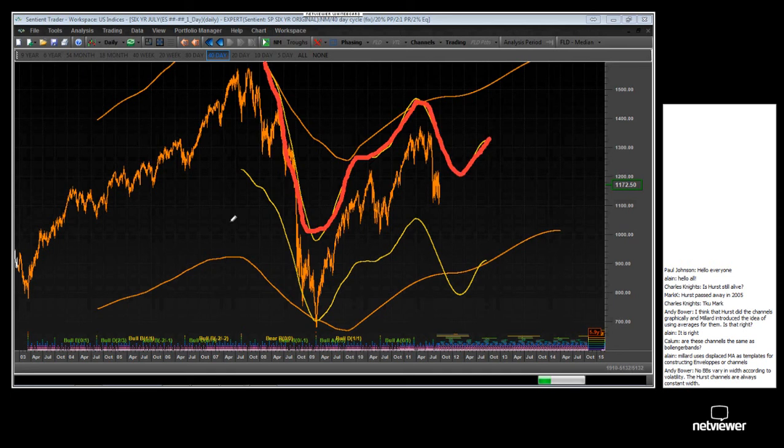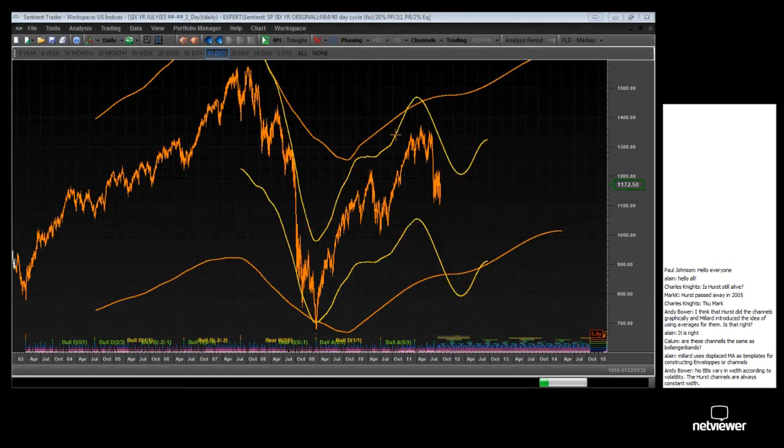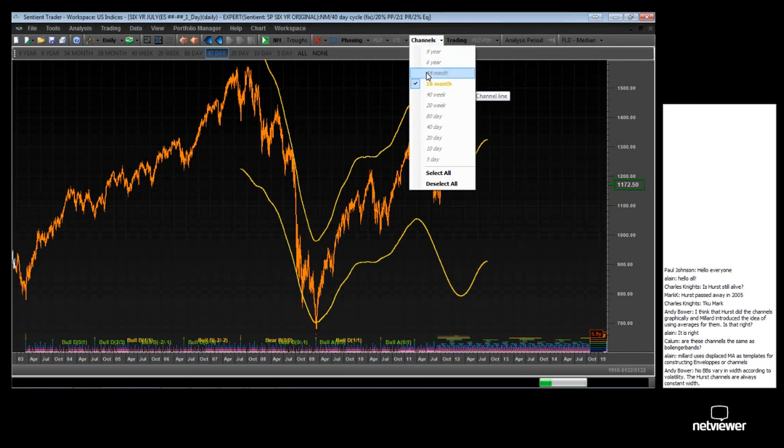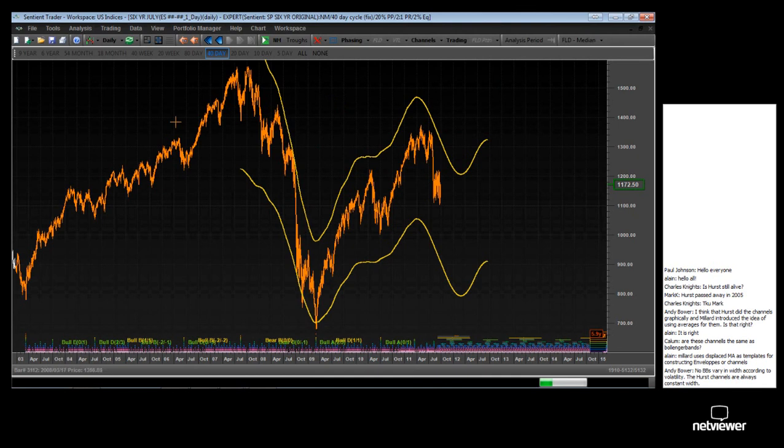And that is that the 54-month channel could really have been constructed not around price, but around the 18-month channel. And here you can see that the 54-month channel includes 97% of all the points of the 18-month